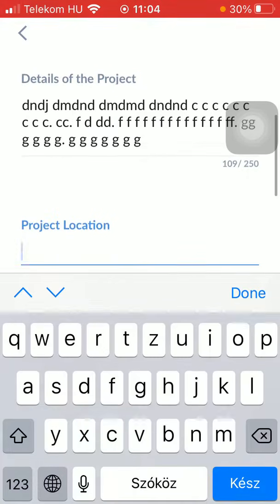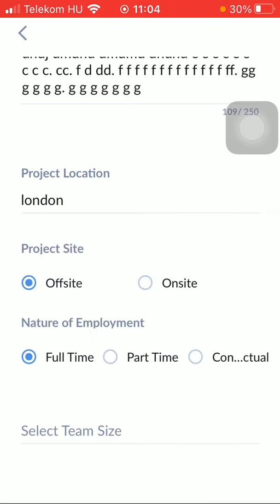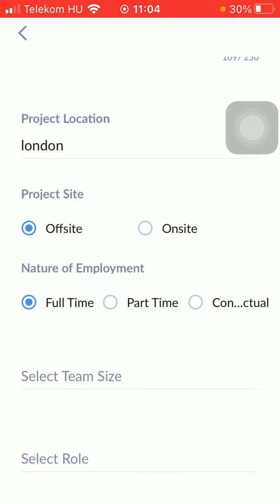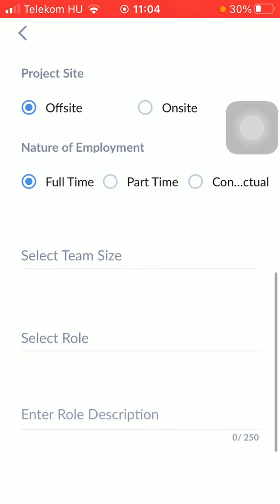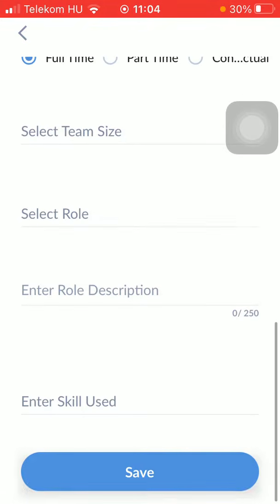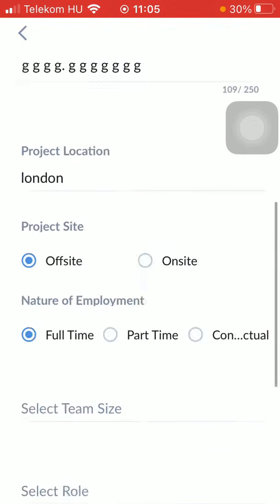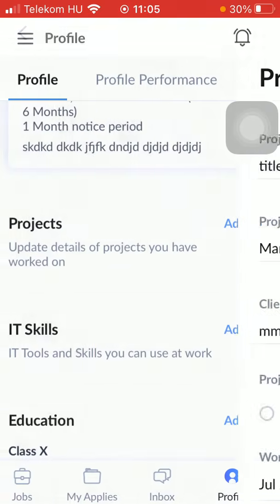Click on the enter project location to enter your location, and then select the project site, off or on site, and the nature of employment, full, part-time. Then select the team size, role description, and the skills that were used. So click on the save button if you are done with this information, and then your project will be added to this